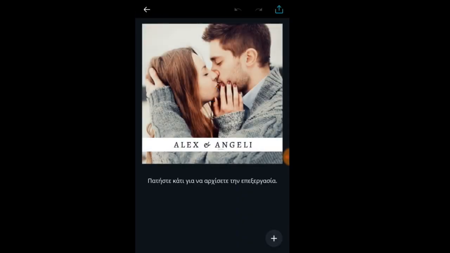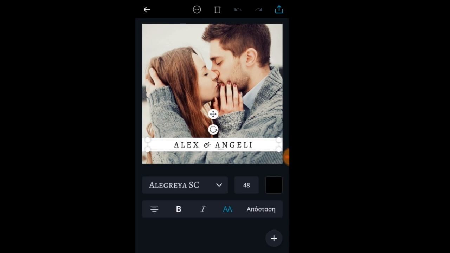Anyway, it is the same concept. You can just create your own pictures. You can move these things around. You can create your own quotes, and then